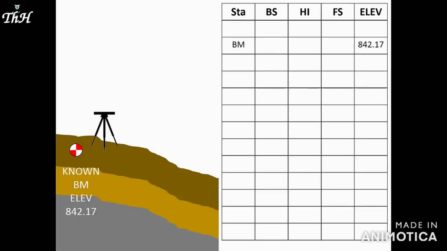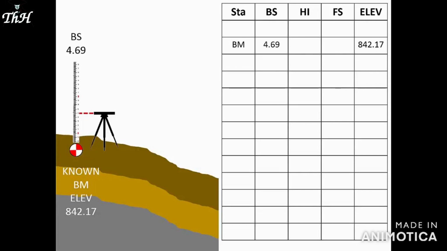Since the benchmark elevation is known, we'll record that in the elevation column. Our first rod reading is 4.69 feet. Since this reading is taken on a point of known elevation, we call it a backsight. Since the backsight reading was taken with a rod atop the benchmark, we'll record 4.69 feet in the backsight column